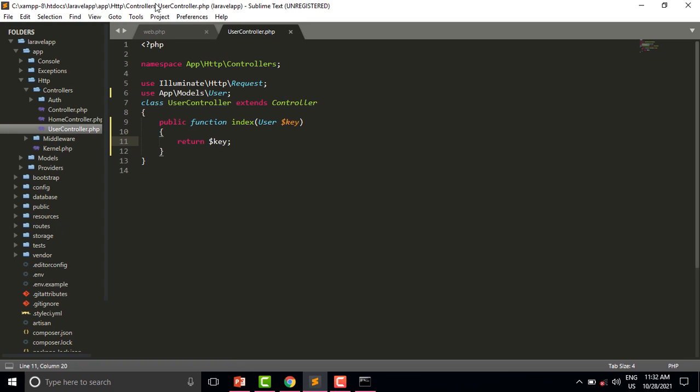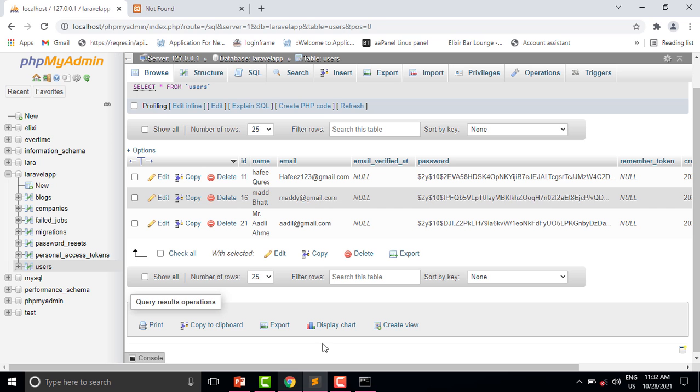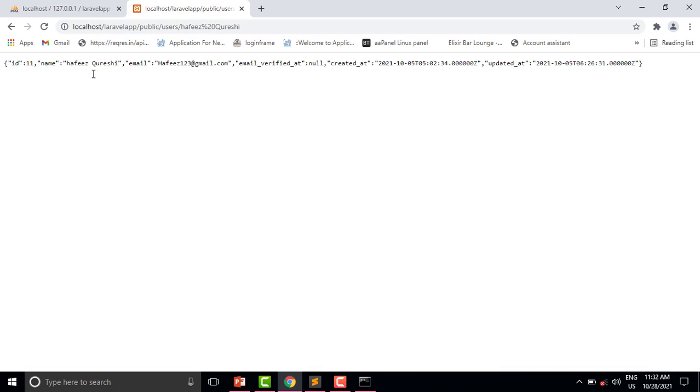So to resolve this error, let us change the route: {key:name}. We will pass the column name here. So let us again refresh this page. Now you can see we are getting the user which has this name.